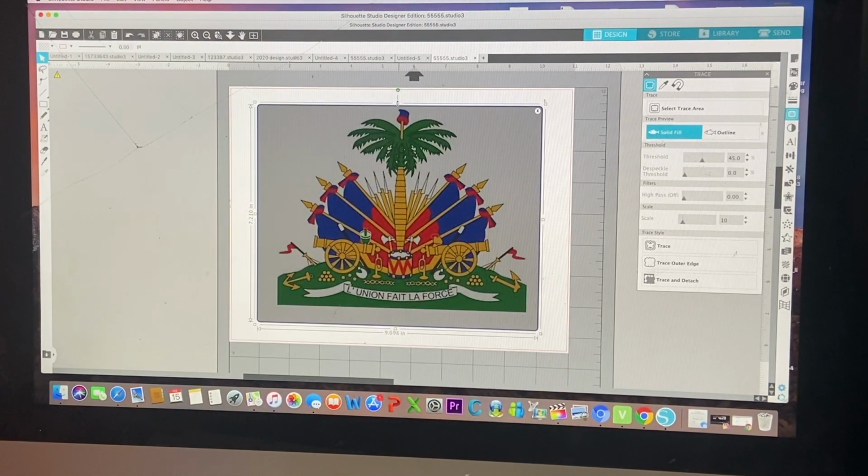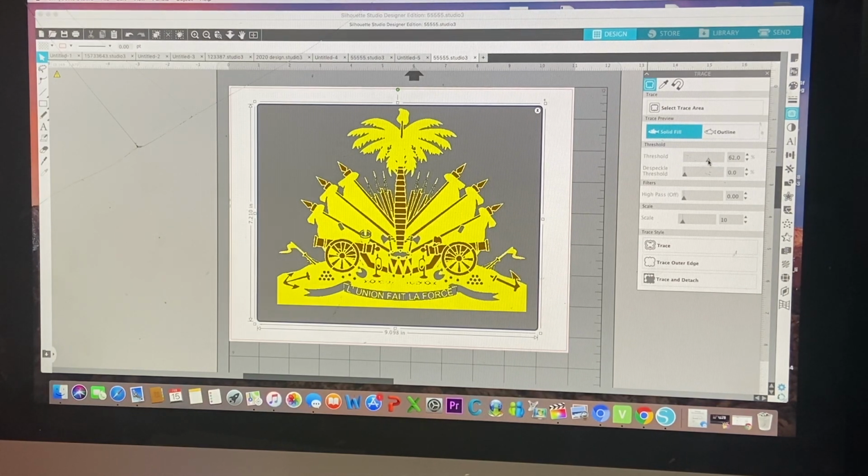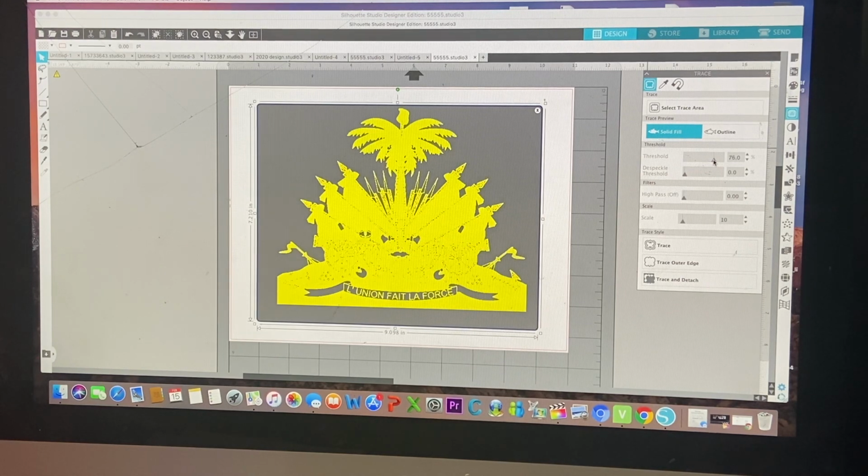Okay, you see how everything is turning yellow. So you could go back there on the right hand side, where it says threshold, you see some 45. You could put that up more so you can make sure everything turns yellow before you trace it. Okay,